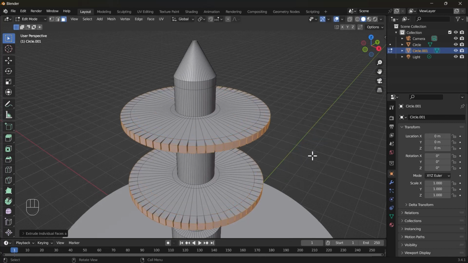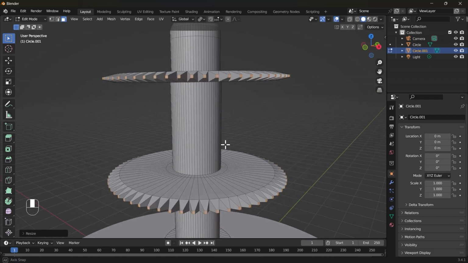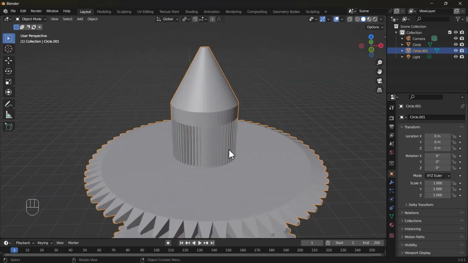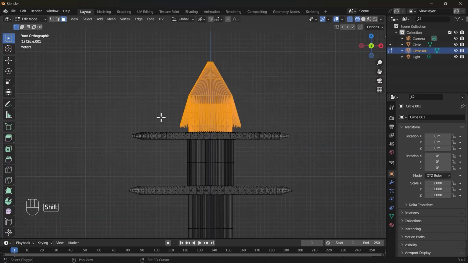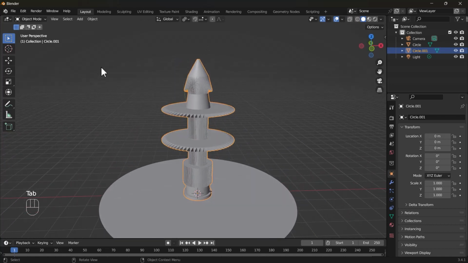If you want to scale each face at its origin, then come up here and you can see this little link type icon. Just click on it and select Individual Origins, and now if you scale multiple things simultaneously, they will remain at their place and scale up or down. And also remember to change this according to your need. Okay, so when you are done with the modeling part, come to object mode by pressing Tab again.